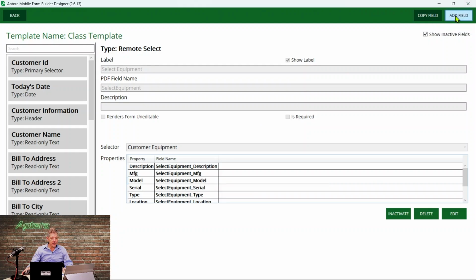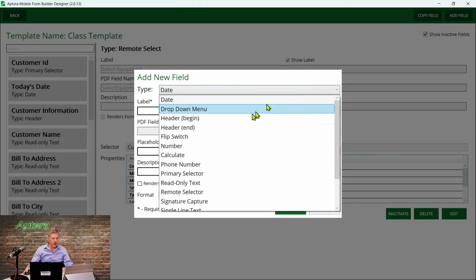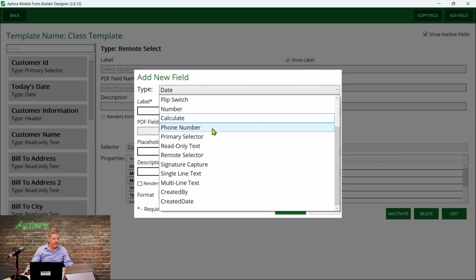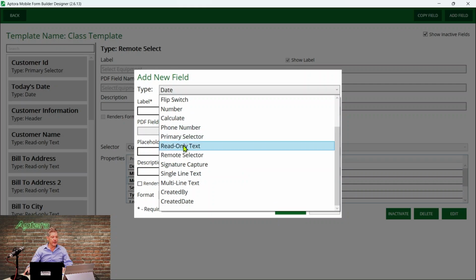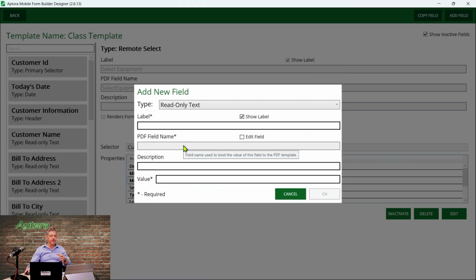All right, I'm going to click Add Field and just make sure I talk about some of these real fast. It sounds like a lot of our users are using it, which is great. So maybe they know this already. But we didn't talk about the phone number. That's pretty obvious. The read-only text. Now, this can be really handy when you want to have a block of text in the app. It doesn't do anything for your PDF, but you could have a block of text in the app that gives